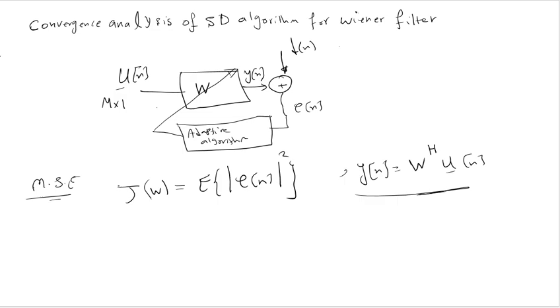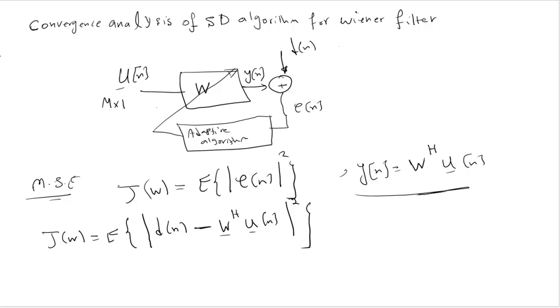If I put the relations, we will have J(W) equals to absolute value of desired minus y(n). y(n) is W Hermitian u(n),